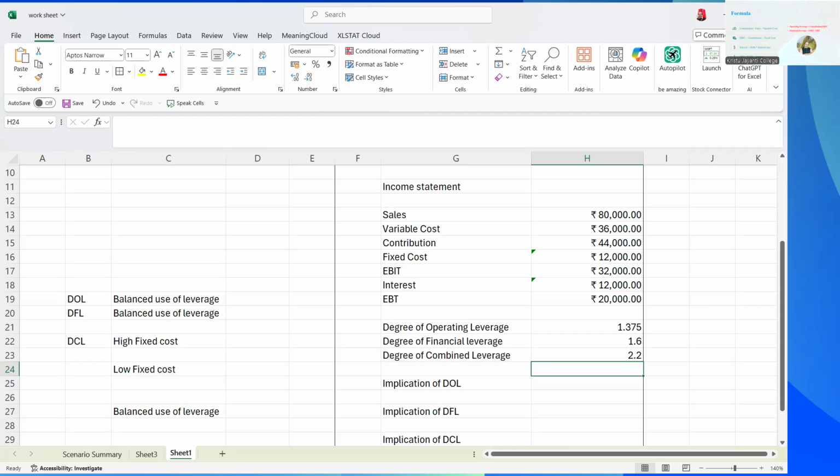That is the purpose of the calculation. Okay. That is why we are using this type of method. Let us see what is the implication of the degree of operating leverage. If you say in a practical manner, a degree of operating leverage,